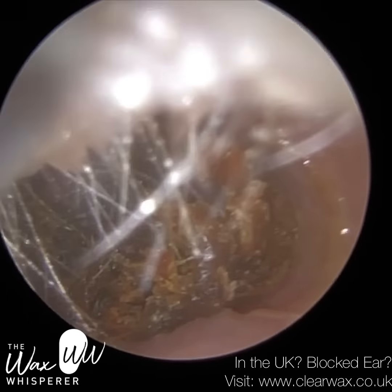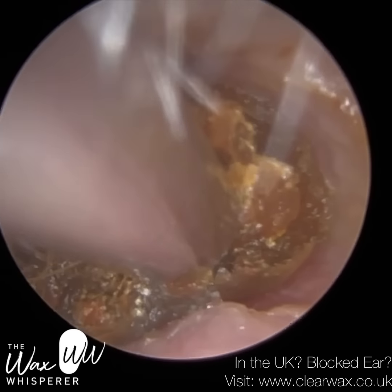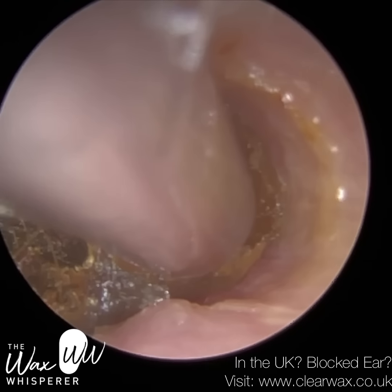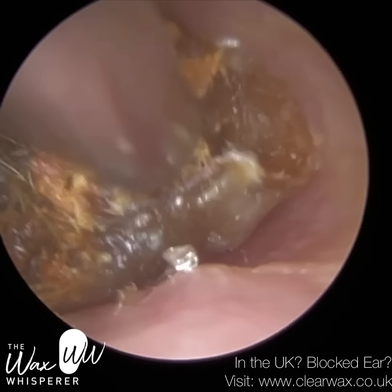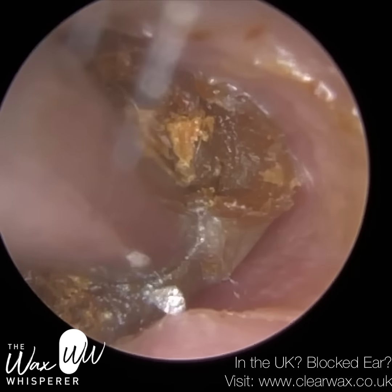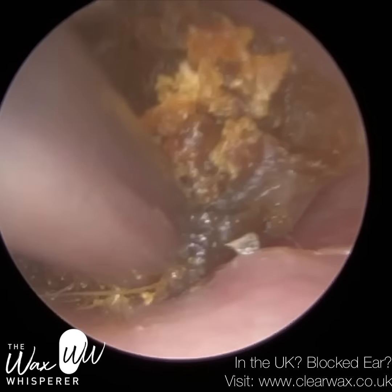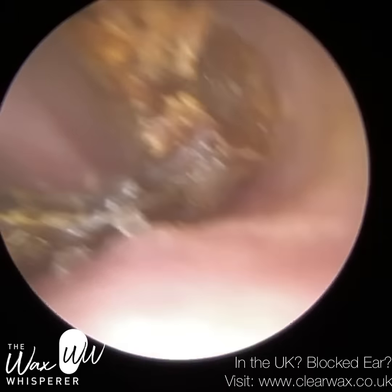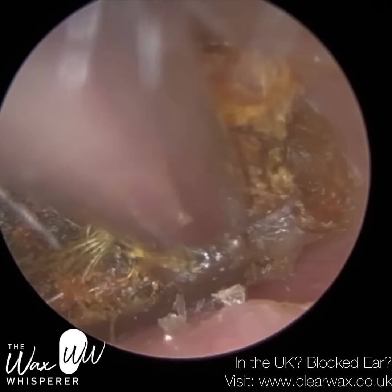But with keratosis obturans, and it's not fully understood why it's the case, as the skin dies and sheds, it sheds whilst it's still in its tightly adhered matrix. So it's connected to surrounding skin cells, but the skin is dead. And this matrix then forms into a plug, and it is probably the most difficult thing to remove from the ear. It comes in different consistencies, but in this particular patient, I was describing it to the patient that it's